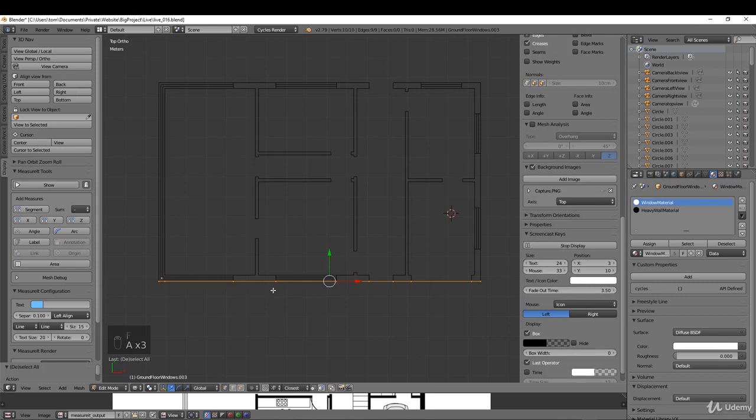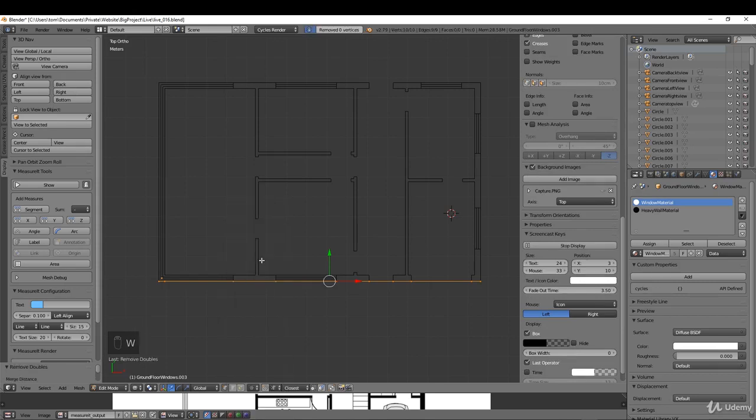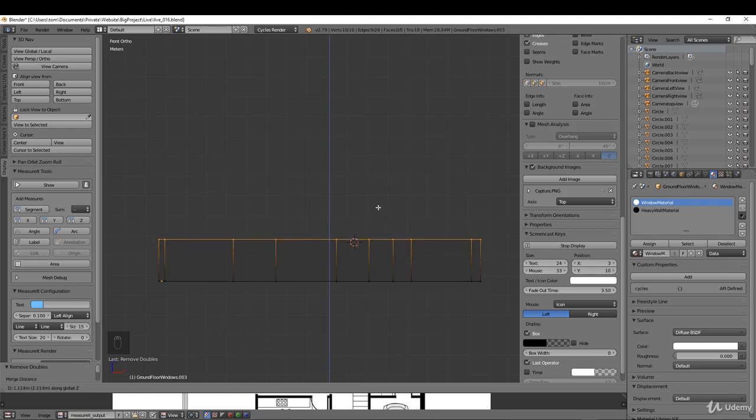And just in case I did double up, I'm going to press A once or twice, press W and remove any doubles. And you can see up here, we don't have any doubled up vertices. So I'm going to press 1 for front view. And what I'd like to do is extrude this up to the base of my window height, which in this case is going to be 520. So I'm going to press E and Z to restrict it to the Z axis and just type in 0.52